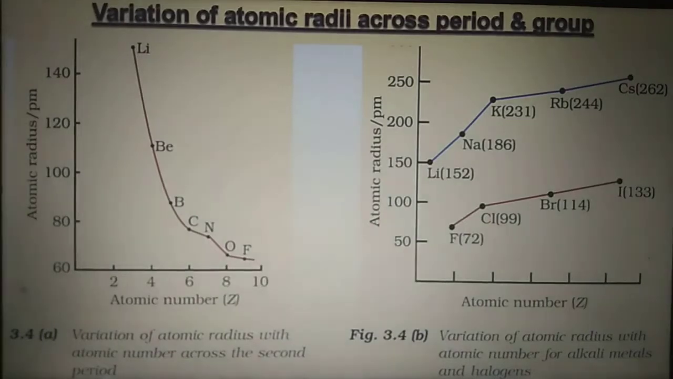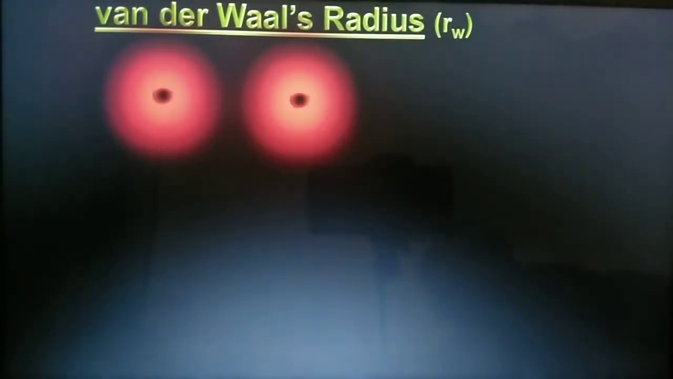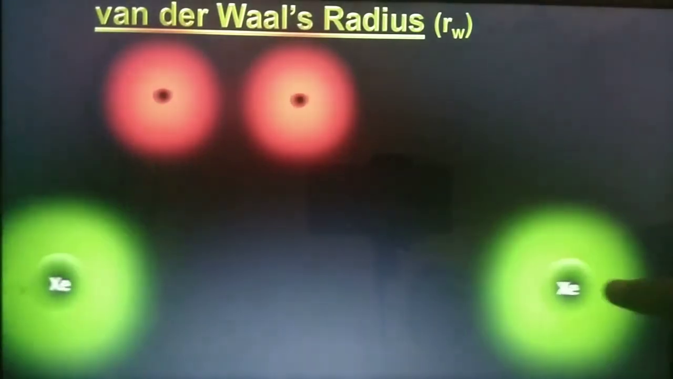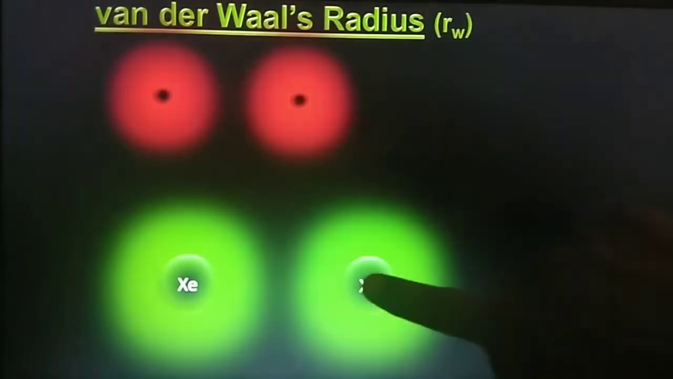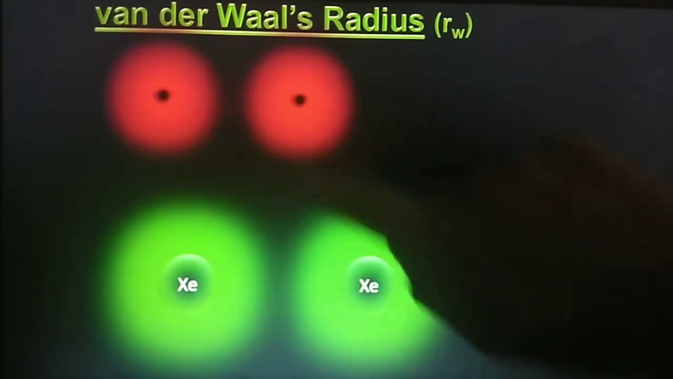Okay, so that was all about the covalent radius. Now let us discuss the van der Waals radius. It is very important to understand what the van der Waals radius is, right? First of all, we should note the kind of bonding between the atoms. For example, you can see that there are two green balls, which are xenon atoms, and two red balls, which are helium atoms. Now we can notice that in the case of noble gases,